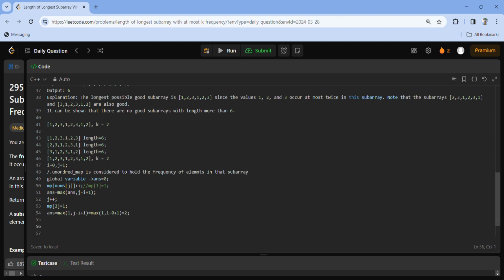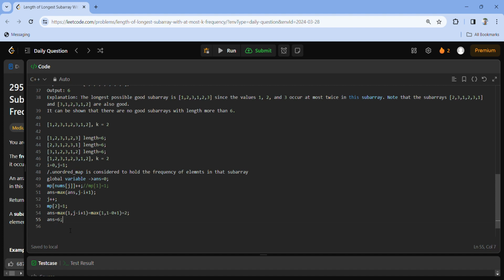So just observe here, if we can increase the pointer up to the 5th index, it holds the condition, right? Because each and every element's frequency is less than or equal to 2 here. If I increase the pointer j again, which points to 2, that is nothing but the element 3, and its frequency is 1, right? So it holds the condition, and I can increase the pointer up to the 5th index, and I can get the length